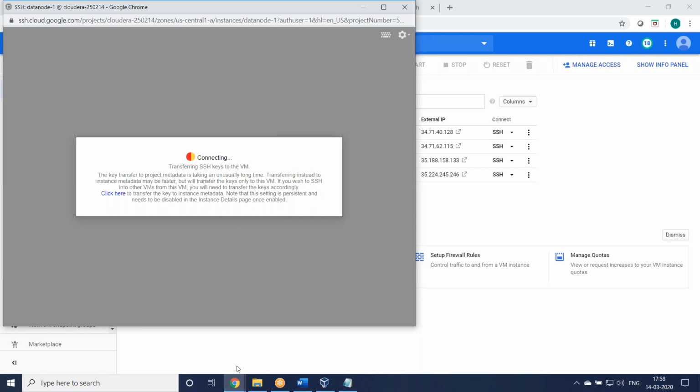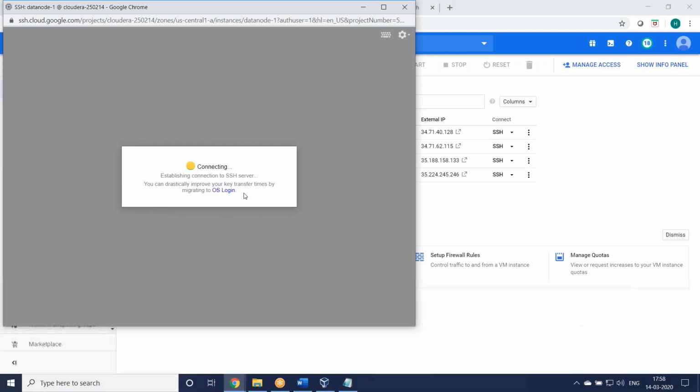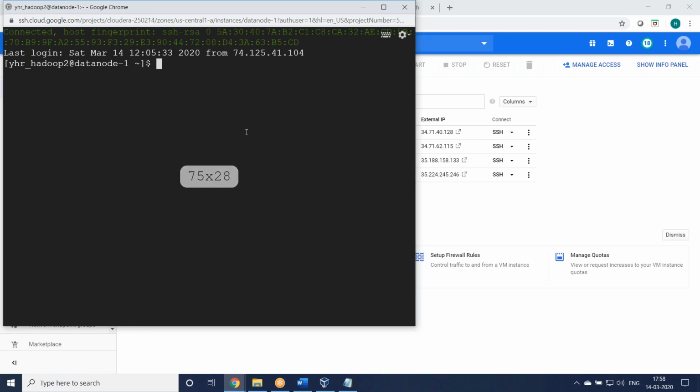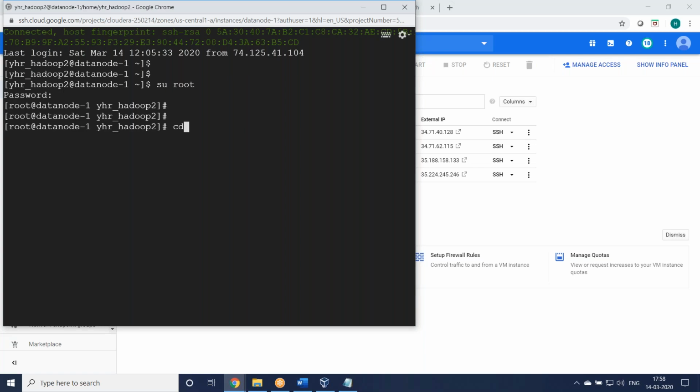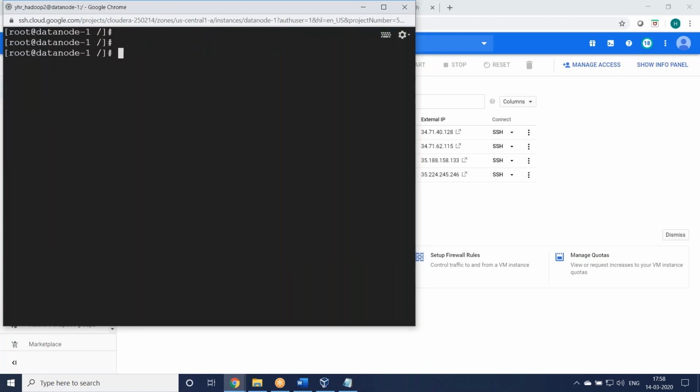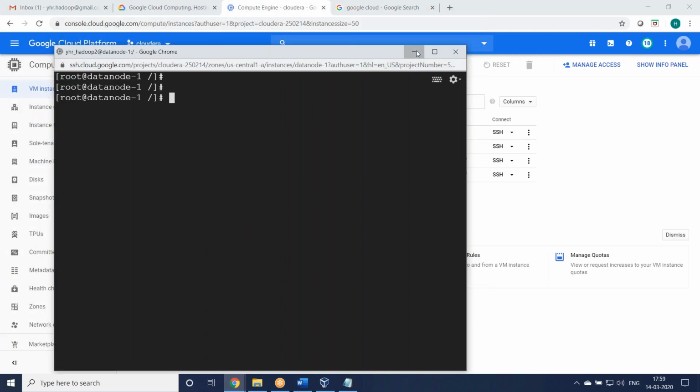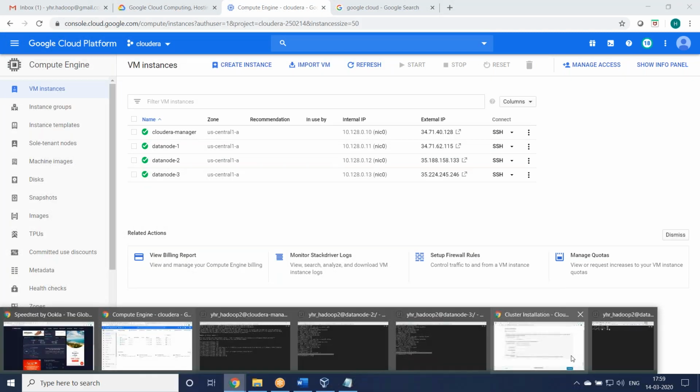Okay, anyway, the server is ready, but it's still making the SSH connection. We'll wait until the terminal. Okay, so su root. Okay, so all machines are ready. So let us go to the last one.